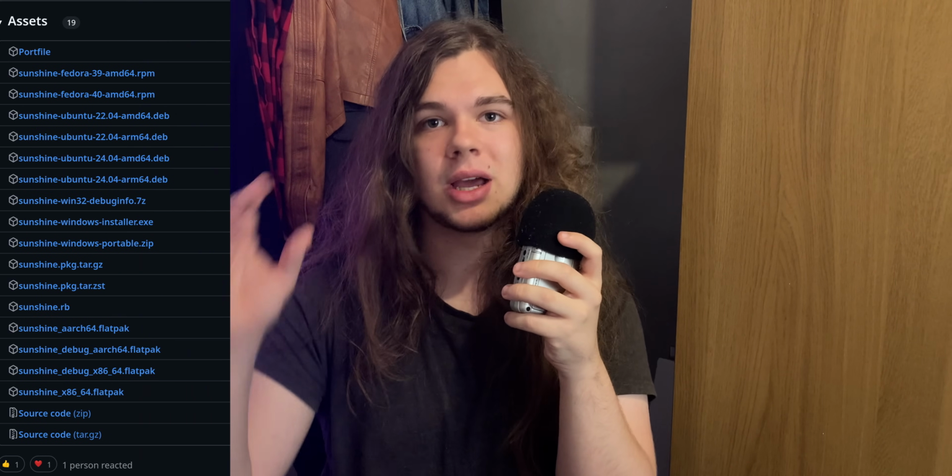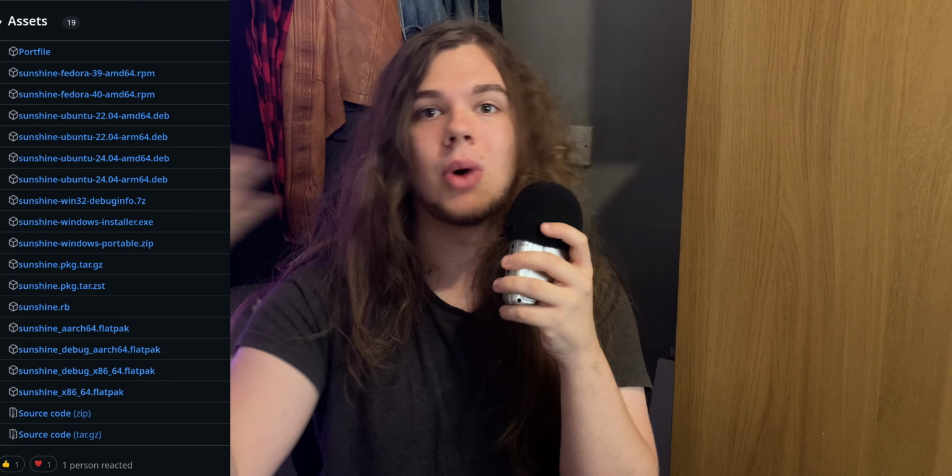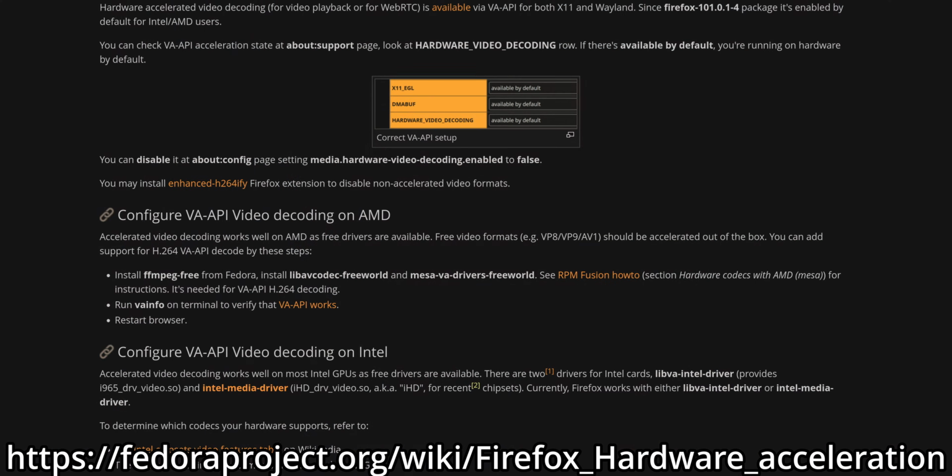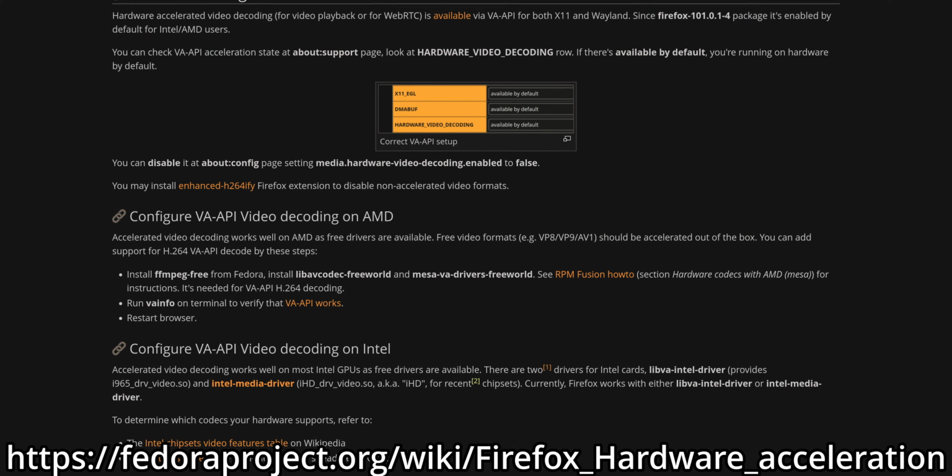You can go on GitHub and just download the RPM or deb or whatever you want for your distro. Maybe it's in your proper package manager in the first place anyway, not for me on Fedora though, and then it will just work. If you're on Fedora and you want hardware acceleration, you're going to need to remember to download the special Mesa VA driver freeworld packages from RPM Fusion, since if you remember, they got rid of the hardware acceleration stuff for H.264 and H.265 a while ago because of licensing things, which is really awkward, but you can make that work also pretty easily.